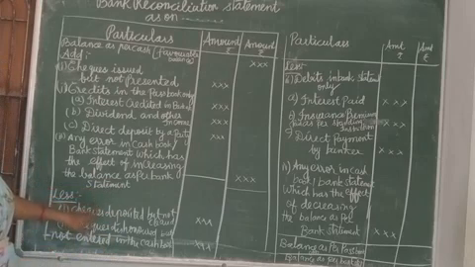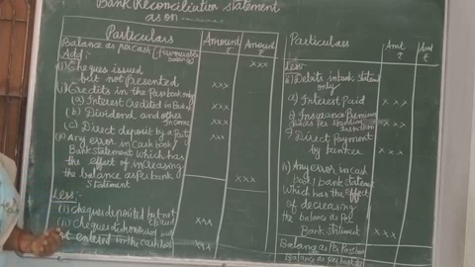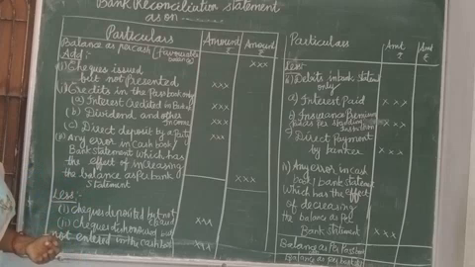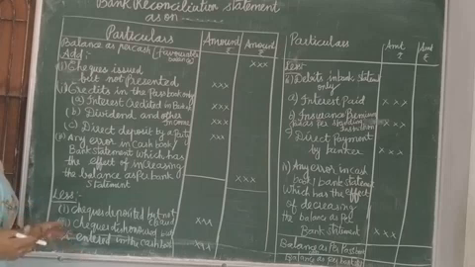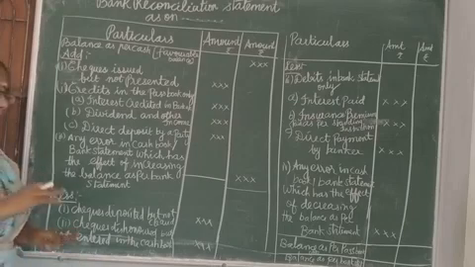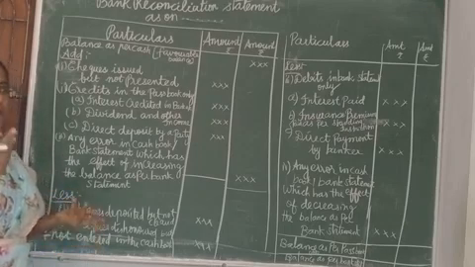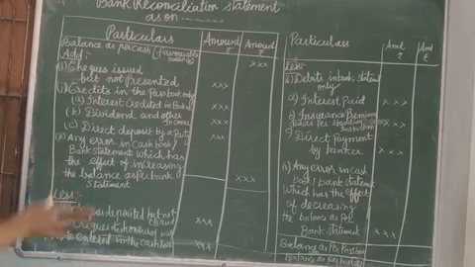Then what are the items we want to reduce? Checks deposited but not presented. Somebody, a debtor, will give a check to us. We have deposited it to the bank, but the bank did not clear the check. What will we do? Today we have presented the check, and within a day or 2 it will clear. Nowadays it will clear immediately. Suppose something happened to it, I don't know, so that the check is not cleared.